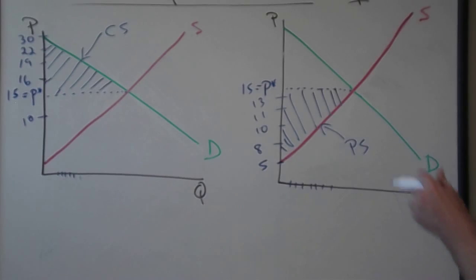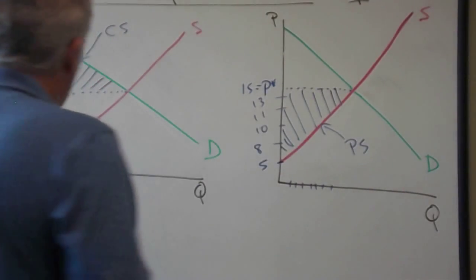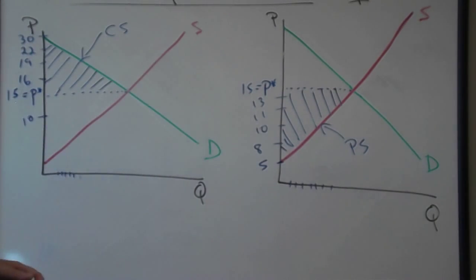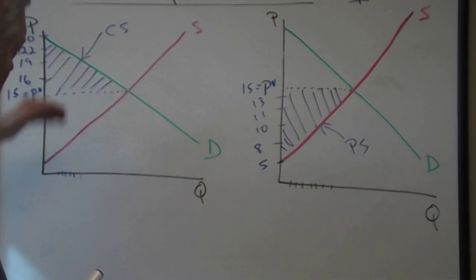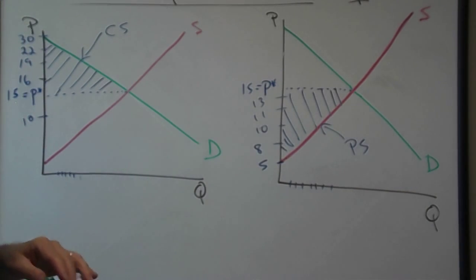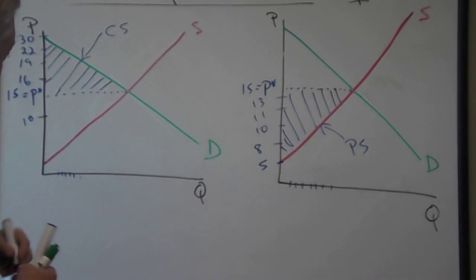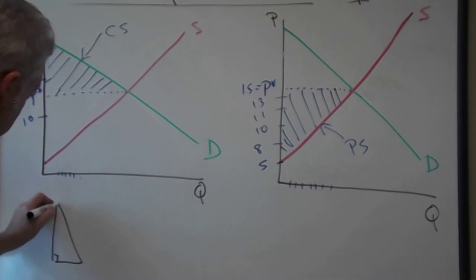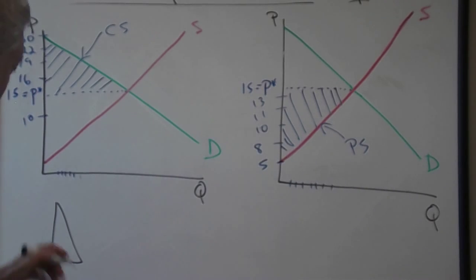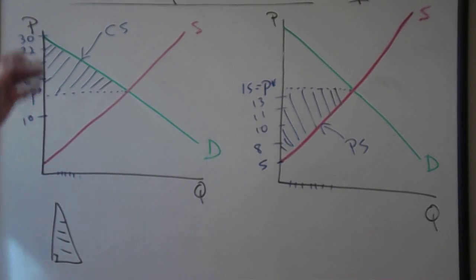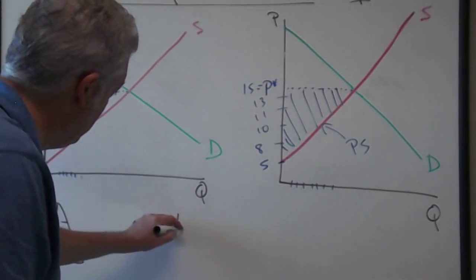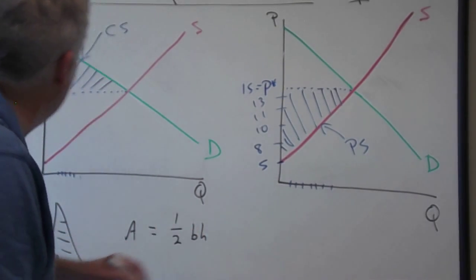So this idea of surpluses can actually be measured in terms of value. Think about what this is. If you took this configuration, this triangle, and I drew this deliberately with straight lines so that we have a nice right triangle. If you just stood this up on its side here, you'd have something like this, which is a right triangle. And what is the area inside a right triangle? In other words, the area of the shaded region. Well, we know from geometry it's 1/2 of the base times the height.